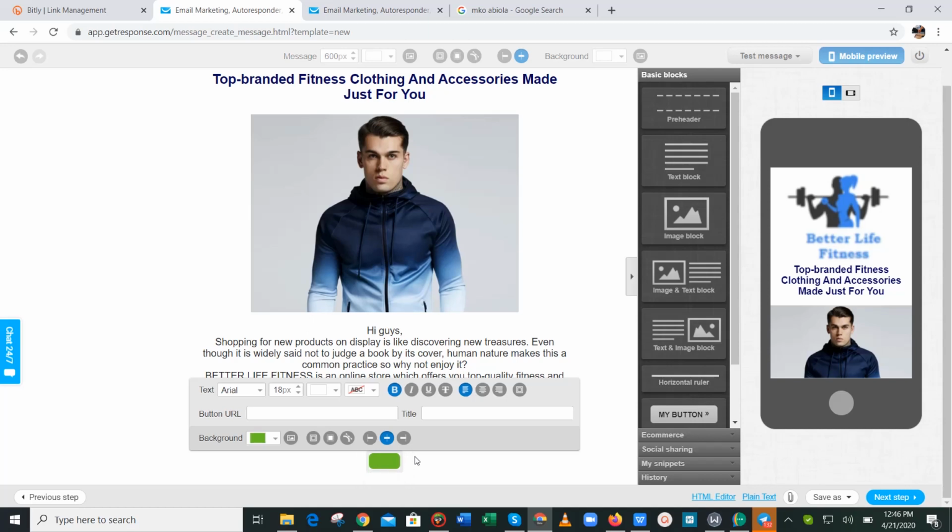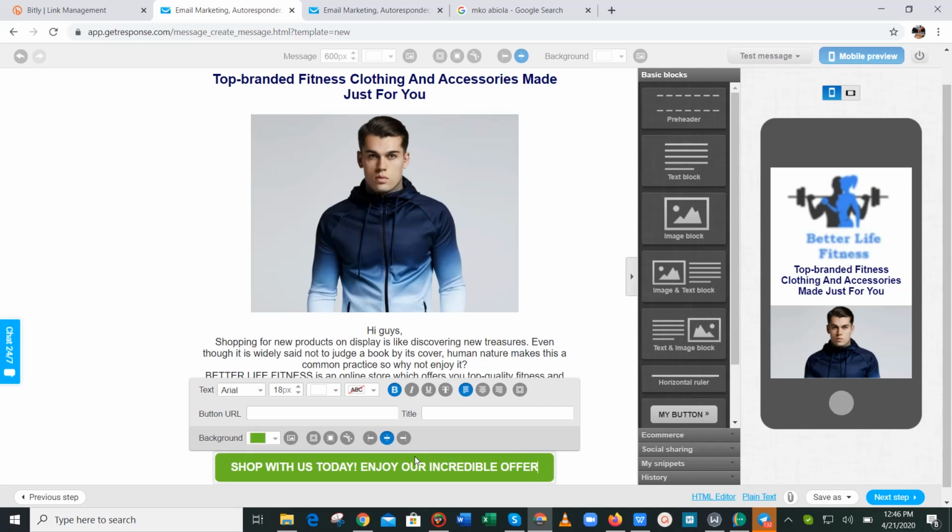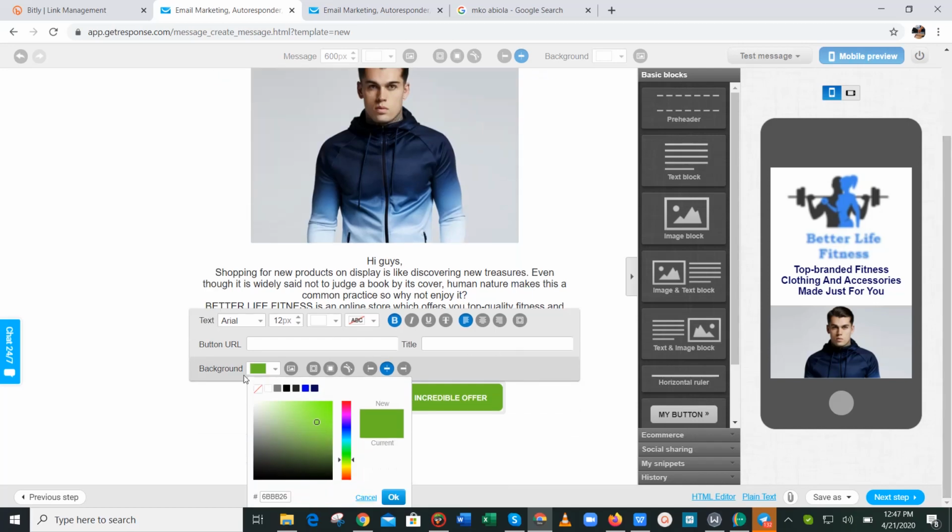So now I want to use "Shop us today. Enjoy our incredible offer." So I want to reduce this. I want to reduce the button size. So it's too big. So now once you reduce it, then change the background color so it can look nice